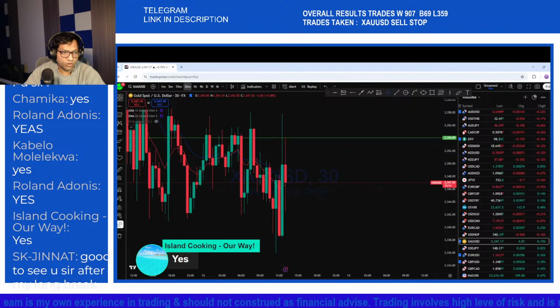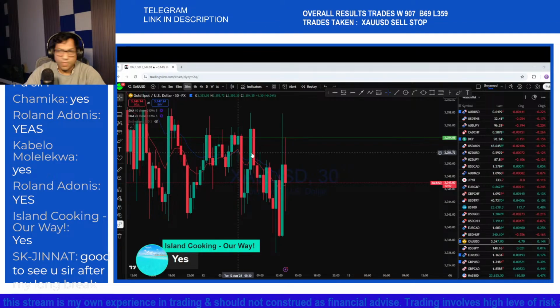So it formed a doji here in that area, and